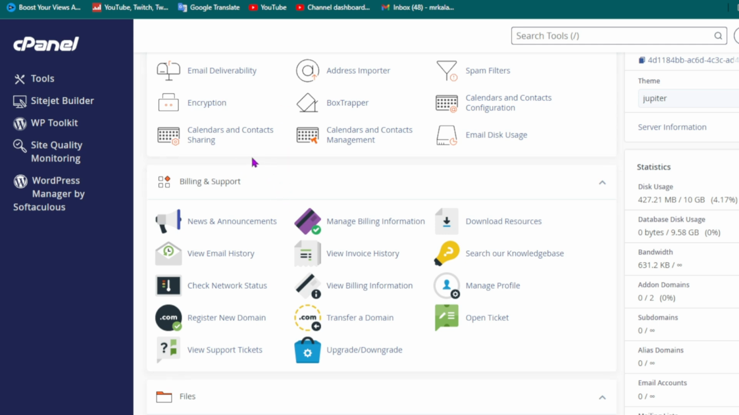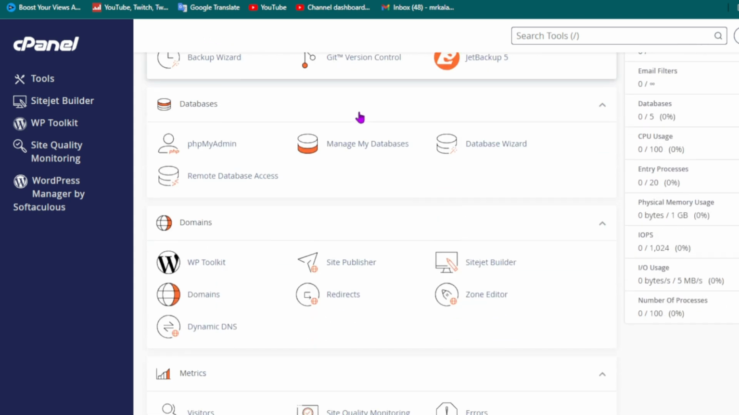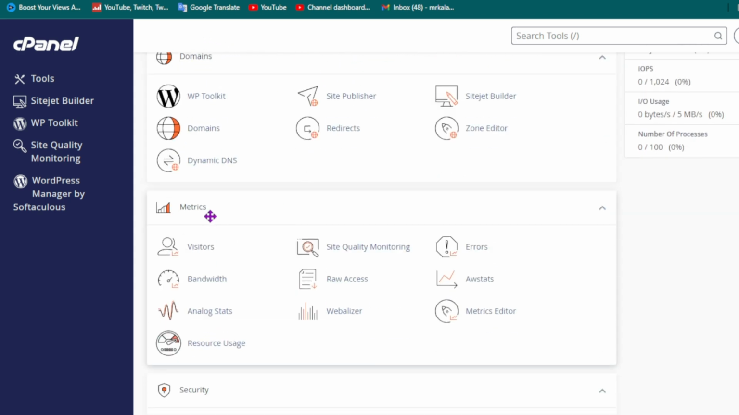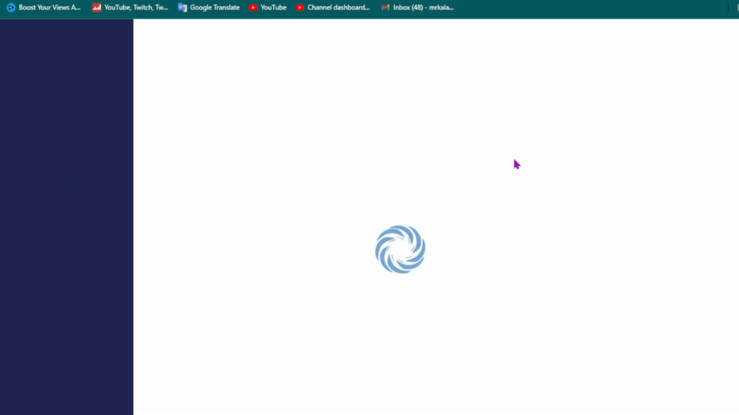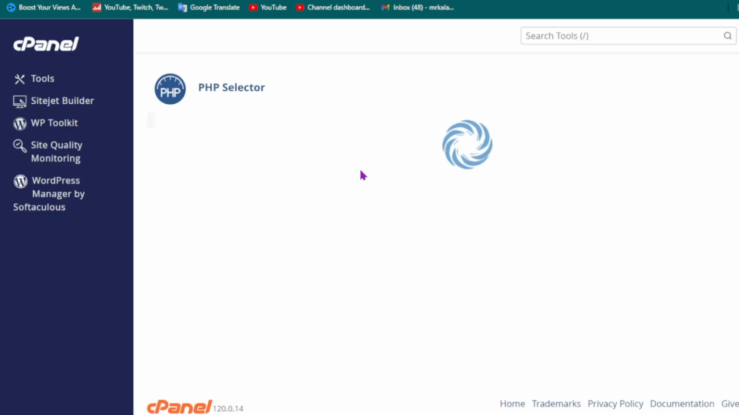So, first thing you need to do, you need to log in on cPanel. Then scroll down, you need to choose PHP version. So first you can see this is a software. Then select PHP version. Just click on this menu. Then scroll down,